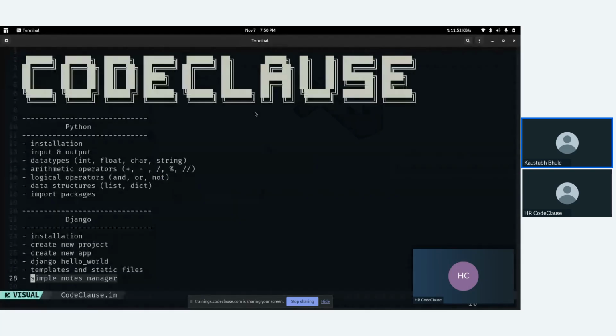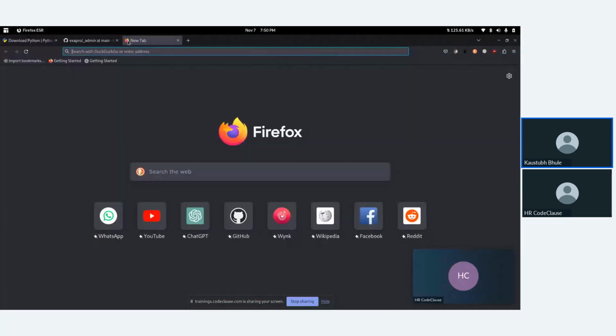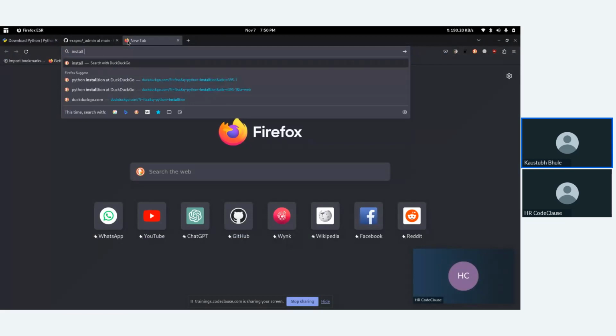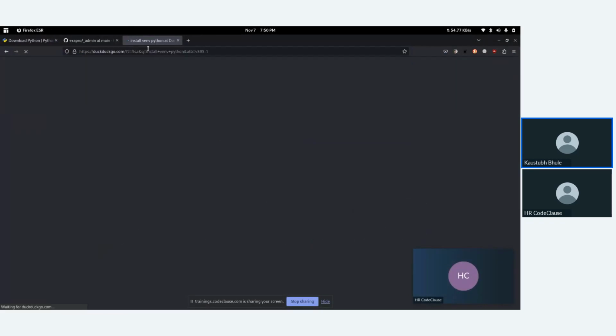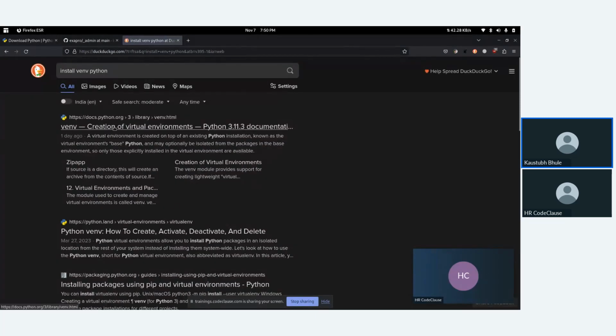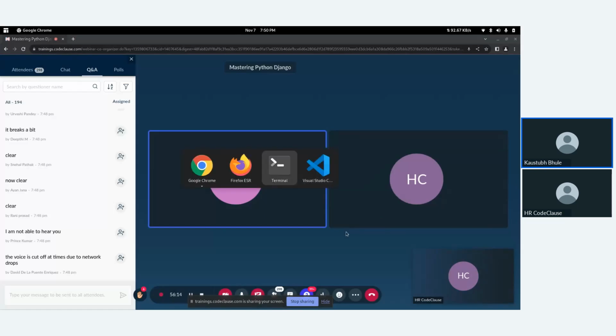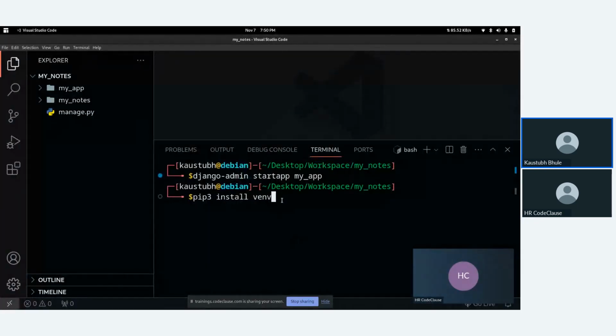Let me check, guys, if the package name is correct for the virtual environment. Okay, venv. Fine. So you need to install the virtual environment, meaning the venv package.